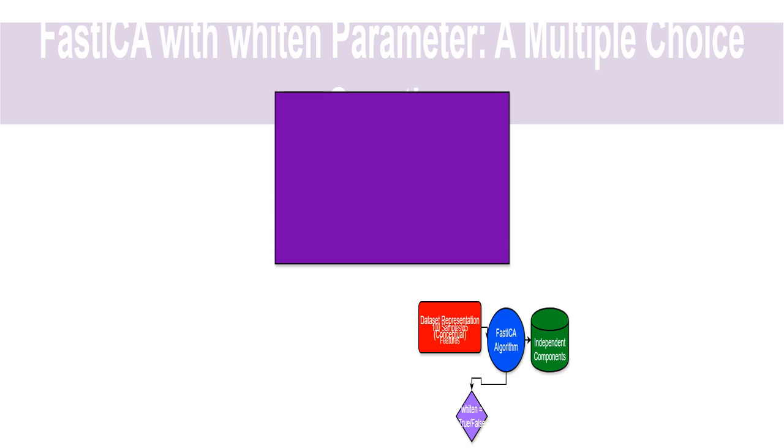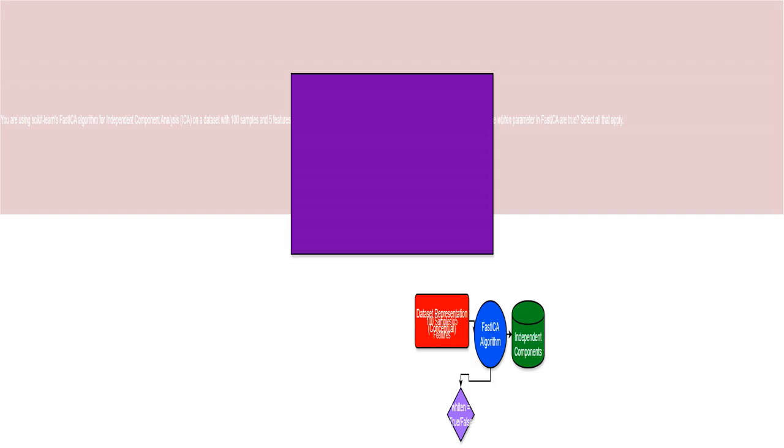This is the title of the quiz question. The quiz focuses on understanding how the WHITEN parameter in the FastICA algorithm, a method for independent component analysis, affects the results. I'll explain the parameter and its effects step by step. The problem involves using Scikit-learn's FastICA, a popular machine learning library's implementation of the FastICA algorithm, to analyze a dataset with 100 samples, rows,